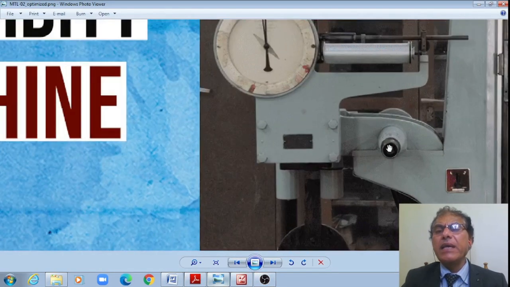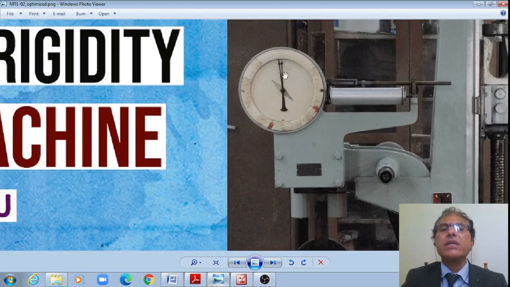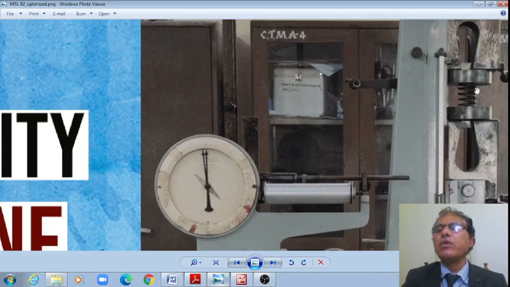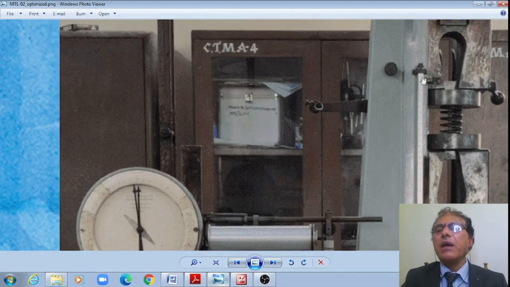I'll provide a handle here, right? I'll turn it in the anti-clockwise direction so that this load is a compression load, it will go on the other side of this dial gauge, leading to compression of this spring, such that I'll record 1/5 of an inch, or approximately 10 mm, or even 1 centimeter, as appropriate.